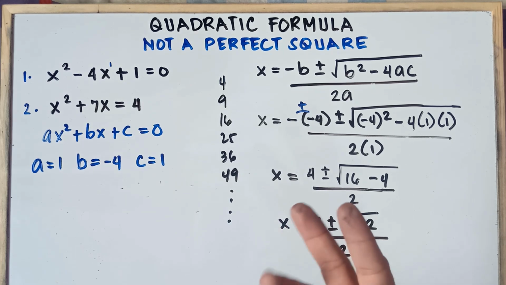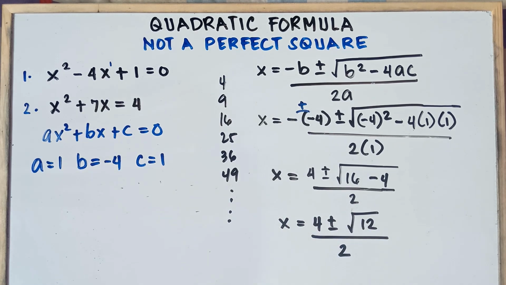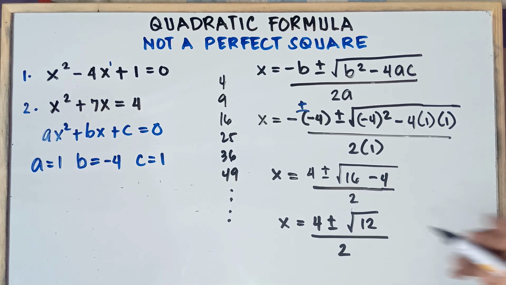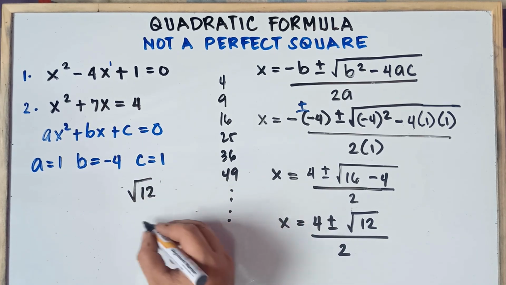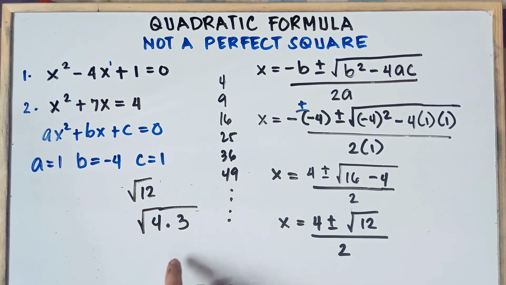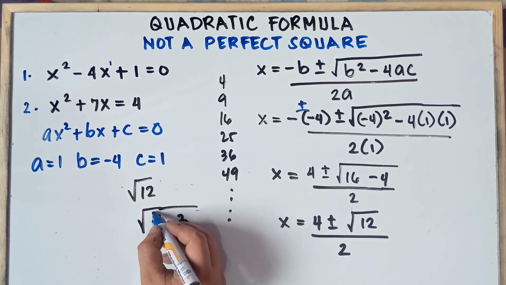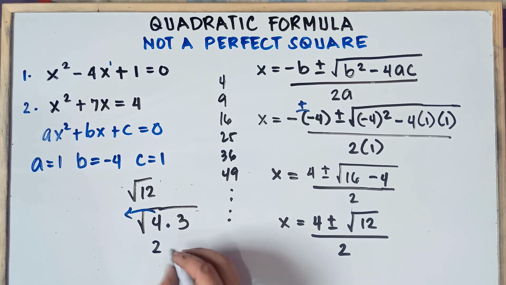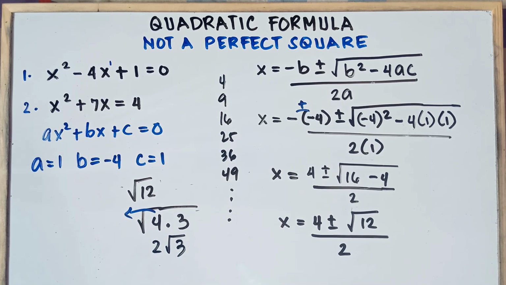Once again, class, find two numbers, one a perfect square, the other not. So, therefore, we can simplify this one. Square root of 12, we can simplify by square root of 4 times 3. 4 is a perfect square, then 3 is not. The square root of 4, that is 2. You put it outside the radical symbol, and then simply copy square root of 3. So square root of 12 is the same as 2 square root of 3. So you always simplify, class, if you can simplify.